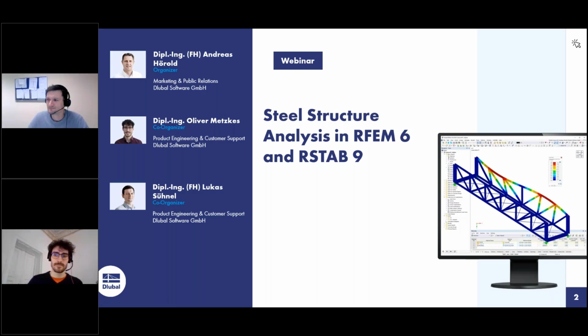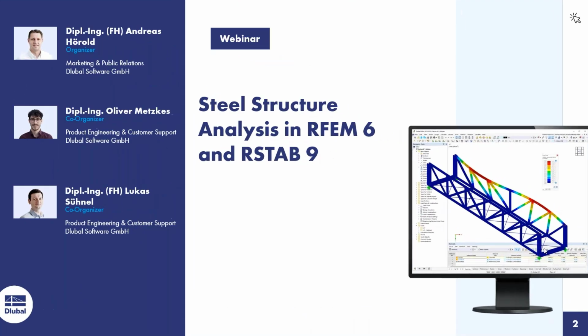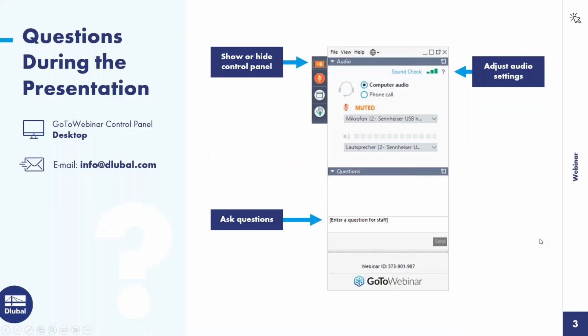Then we can switch off our webcams so that the attendees can see the full screen. I'll say some words about how you can ask questions. You can show or hide the control panel with that arrow here. You will find the control panel on the right side of your screen. You can ask a question in that field, and we will answer you. If you don't get an answer during the webinar, because there are too many, then you will get an email after the webinar. The other way is to watch the entire webinar and then email your questions to